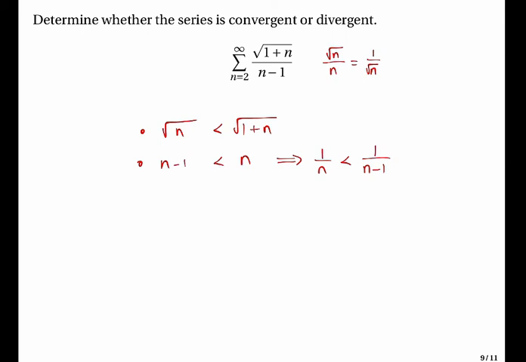Okay? Meaning, what we will get is that square root of n over n will be less than square root of 1 plus n over n minus 1. And of course, this is true for all n greater than or equal to 2. Okay? So, we now have that square root of n over n, or 1 over square root of n, is less